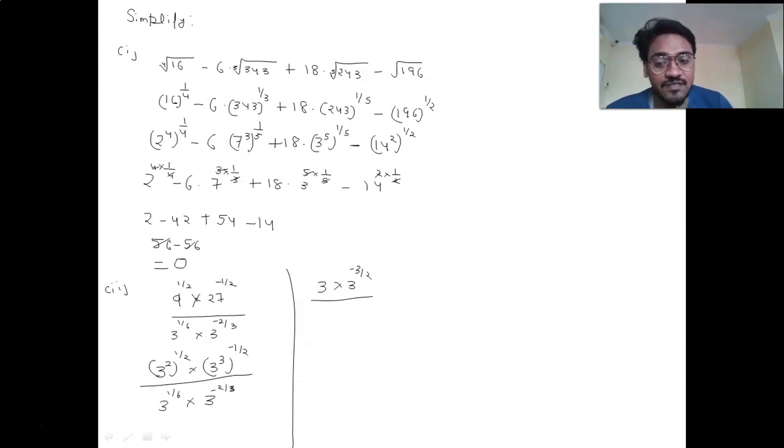I know the exponents can be added. So it's going to be what? It's going to be 3 raised to the power 1 by 6, and see, let me write it. I am adding minus 2 by 3 to the 1 by 6. In the whole exponent, what I am doing? I am adding these two powers, 1 upon 6 and minus 2 upon 3. Though plus minus will become again minus, I just write to understand that I am adding this 1 upon 6 and minus 2 by 3 in the exponent.